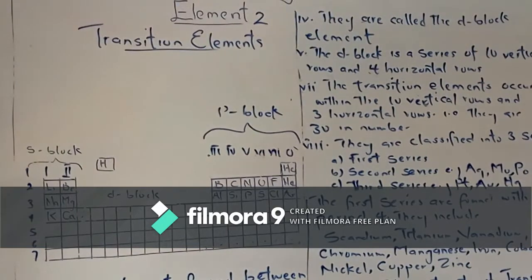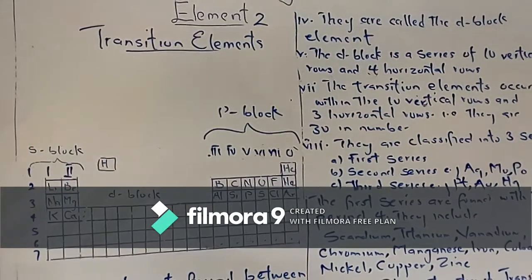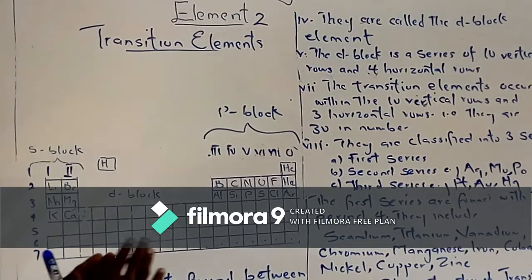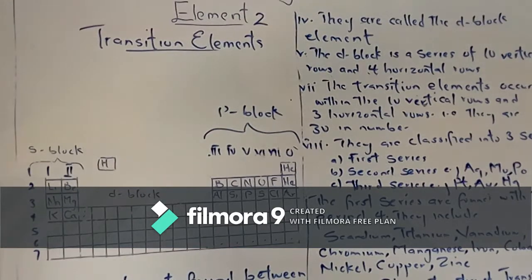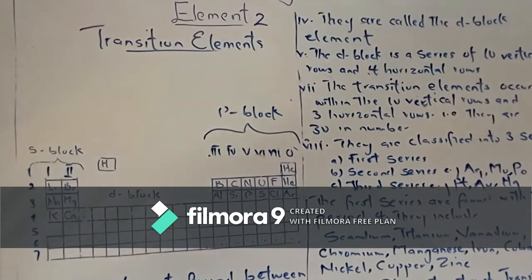In the ordering, we have 3d, and after 3d we then go to the 4s. So what we do is skip the 3d, go to the 4s and fill the 4s first. Then whatever is left, we give to the 3d. And that's why most times the 3d orbital is not completely filled. That's what makes elements that fall within this region transition elements, and you will begin to see some unique characteristics that separate them from the normal elements.